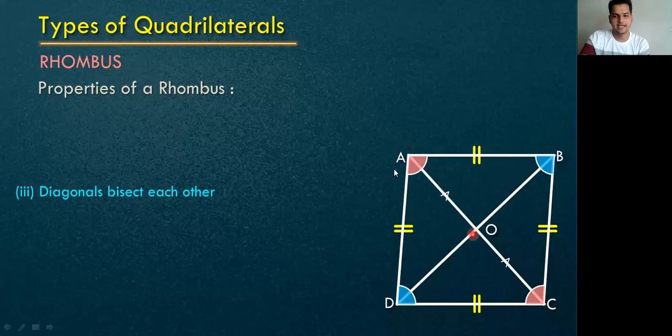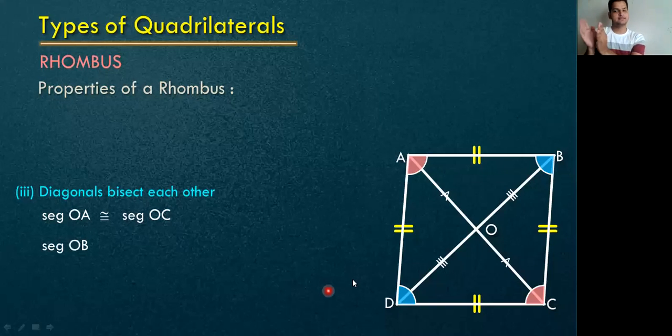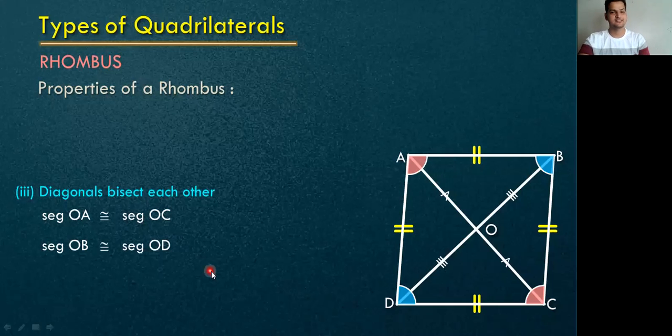If OA is the first part, then students, you all tell me what should be the name of second part. If OA is the first part, fantastic. It will be segment OC. Very good. Now let us bisect the diagonal BD. In diagonal BD, if OB is the first part, then what should be the name of the second part, students? Great, very good, students. It is segment OD. The way you all answer is simply fantastic, superb.